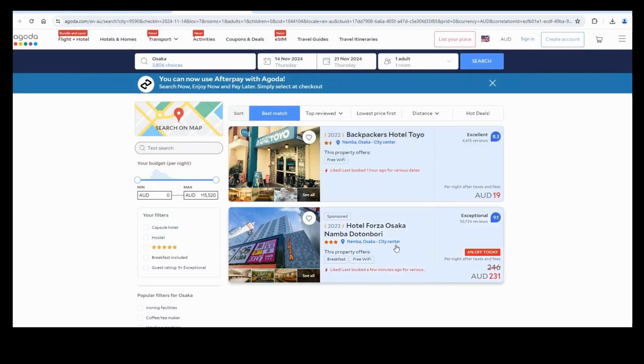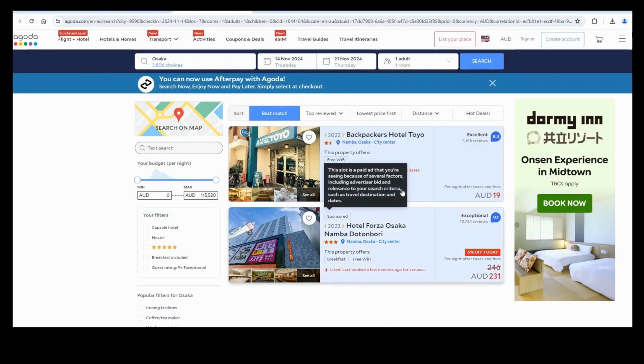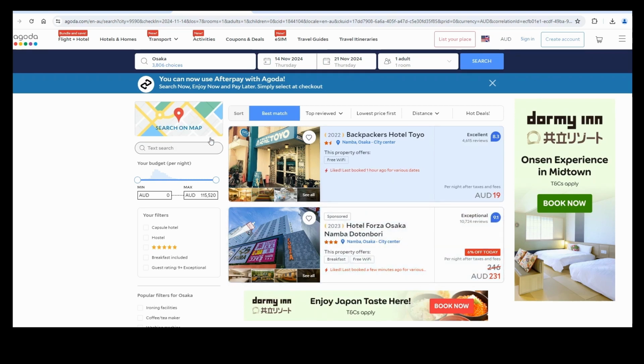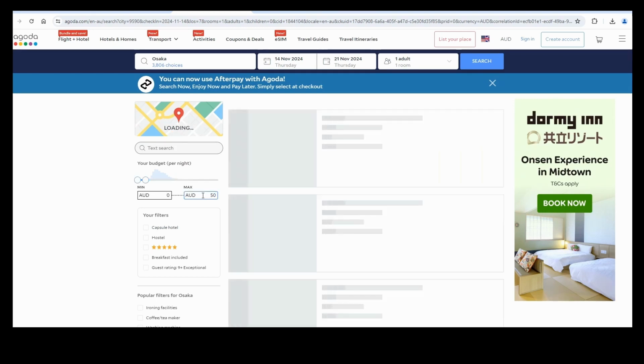As you can see, the interface is quite simple with accommodation options in the middle and then filter on the left-hand side, which I will be using. First requirement is the price. So I can go to the price filter here and adjust the price based on our budget, $50.